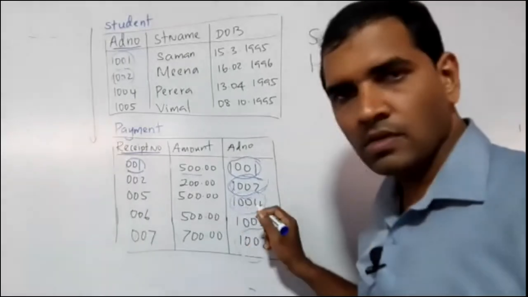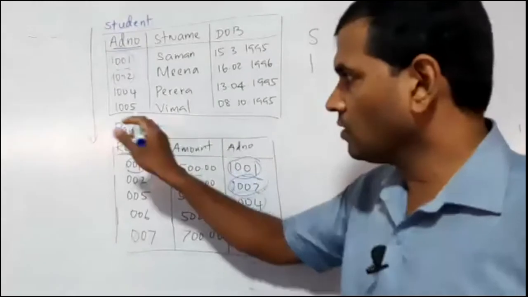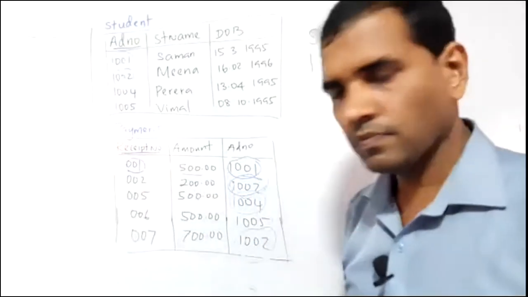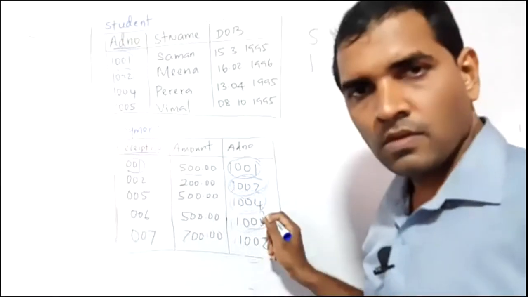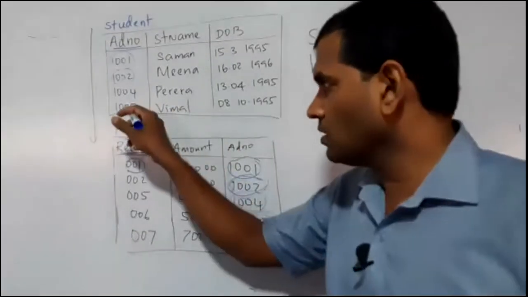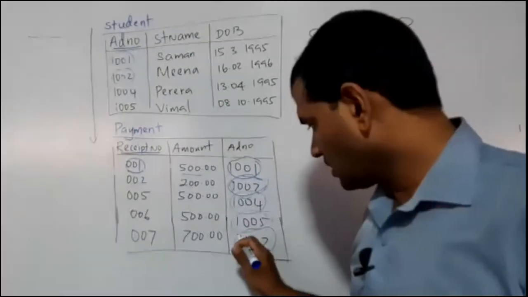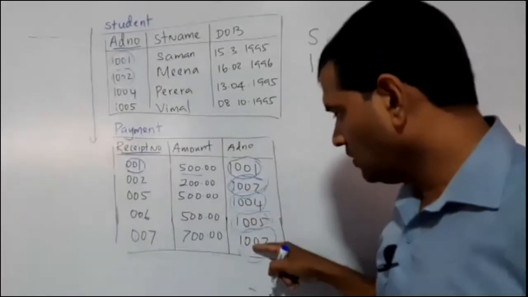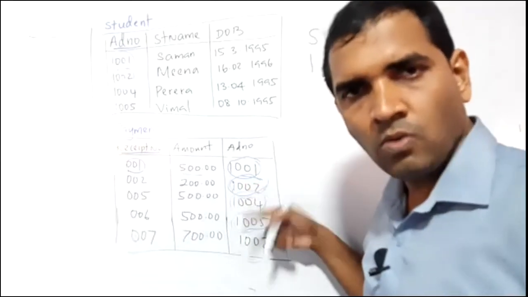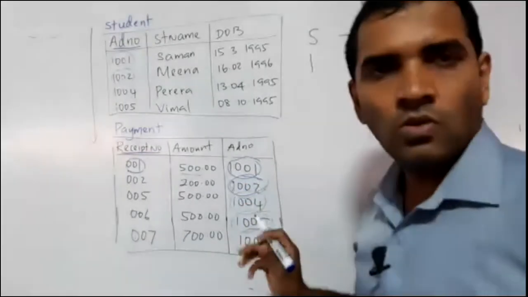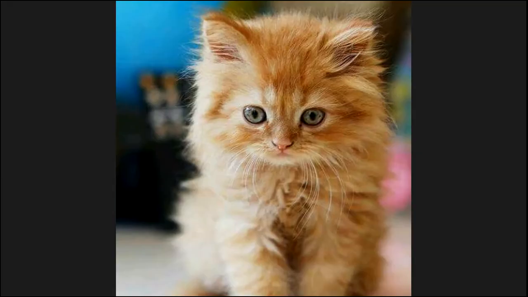I take a data in the payment table. How many similar data are found? Look there, only one. I take another data, 1005. How many times is the 1005 entered? Only one. I take another data. I already told you, don't be confused with 1002. Even though 1002 is already checked, it is not the thing, because we have to check whether every data has similar data.